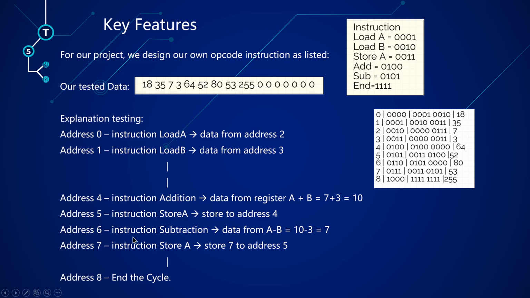Address 6 performs the subtraction operation, which is A minus B. Because register A was written from the addition, which is 10, it takes the input from A and subtracts B, which equals 7, and then stores the value 7 to address 5. And address 8 is when we end the operations, which stops the CPU